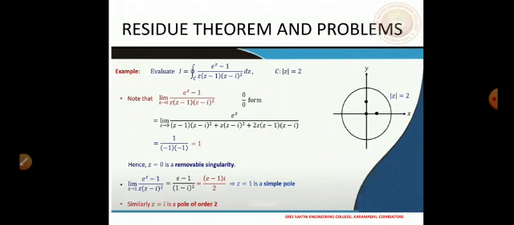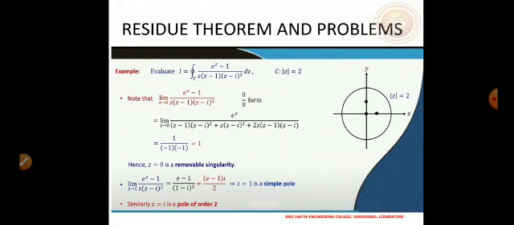So the numerator when we differentiate will give e to the power z, and from the denominator when we differentiate, the product rule has to be applied now. With respect to the first factor, z is differentiated, so we have remaining z minus 1, then z and (z minus i) whole square. And the third factor is differentiated, so we have 2 times (z minus i), and z into (z minus 1) remain as it is.